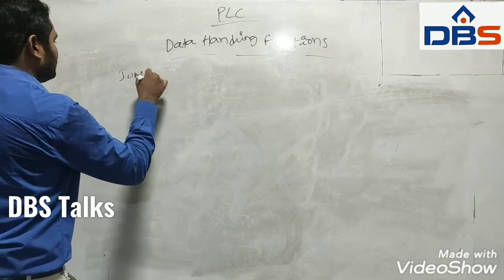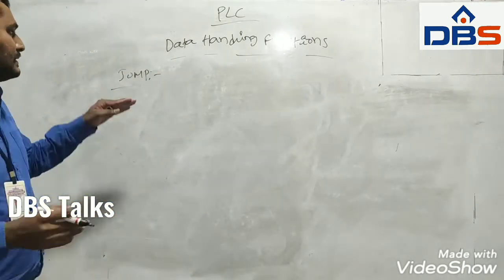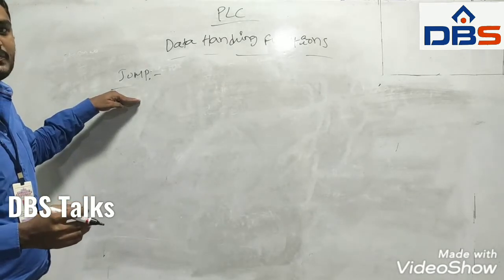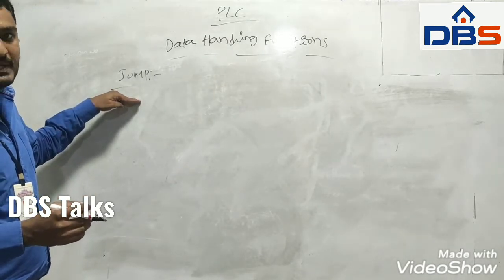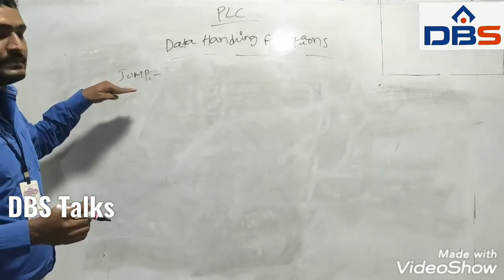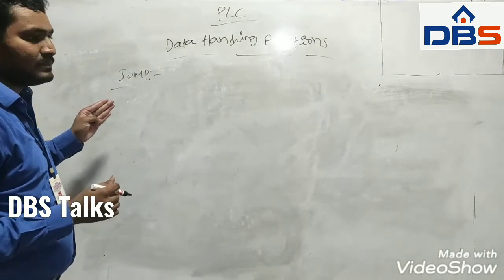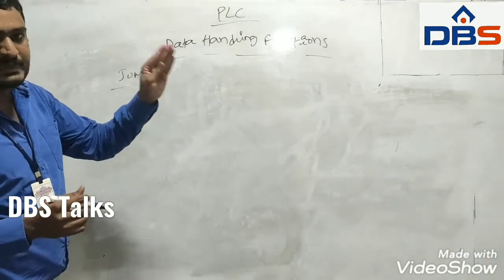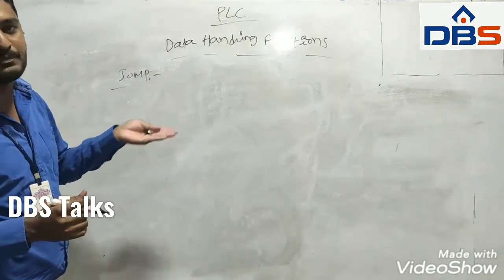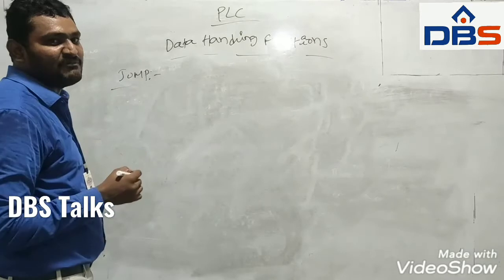Next topic is jump. In data processing computers, the jump programming function is quite useful with process control computers and PLCs. It simply puts the jump instruction as a command in the computer program. It causes the program to go to a specified point other than the next line of the program. So here I am taking one basic jump function.